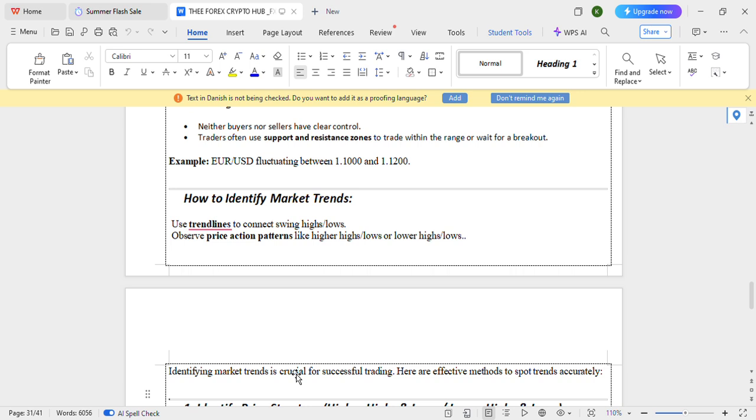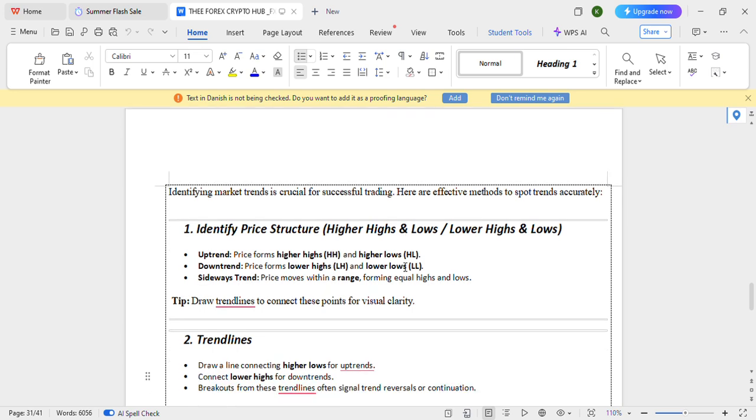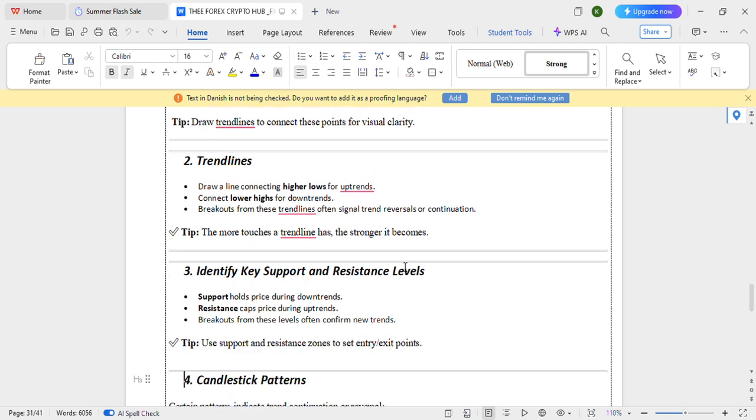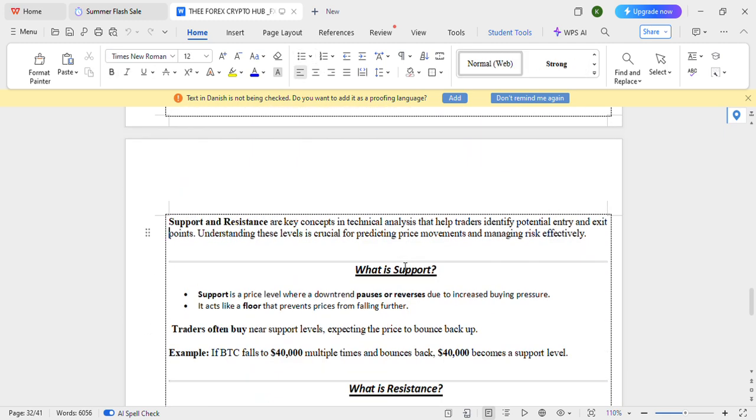That is it. How to identify market trends: use trend lines to connect signals, observe price action patterns like higher highs and higher lows. We are going to check on that. Identify price structure, higher highs and lows, lower highs and lows, and trend lines. So we are going to do that right now, and then from there